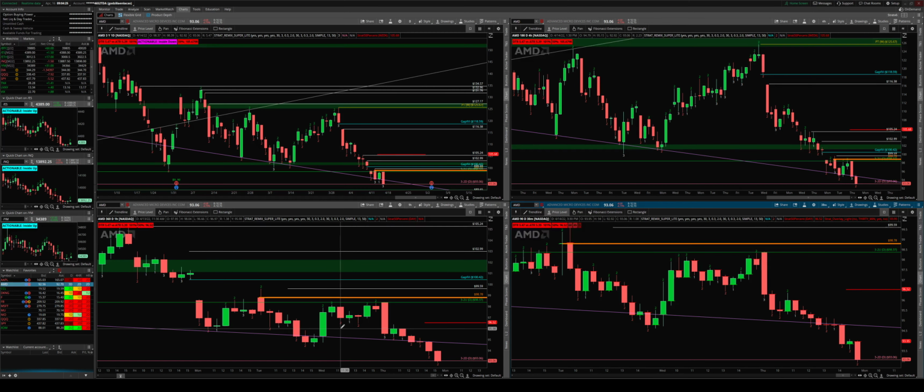So if we take a look at the hourly on AMD over here on the lower left-hand side, this was the end of the day on Wednesday. We have a failed 2. So the thought or the trade would be, the open candle. Yeah, I know it's weird, but then again, in the first candle of the day, it went 3 on the 30-minute, and it went 3 on the hour. So the entry would have been $97.51